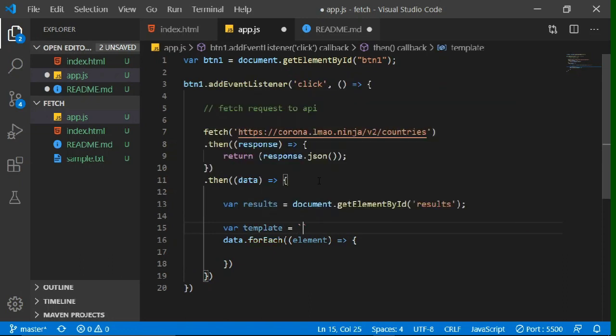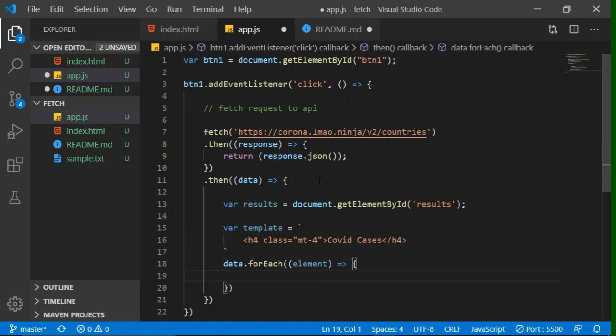For now let's add one small h4 or h5 tag which will contain our heading. We will also add a Bootstrap class, which will be mt-4, which will give it margin top 4. You can give it any heading inside it. I'm giving COVID cases. Now I will make another template for each and every element of my JSON.